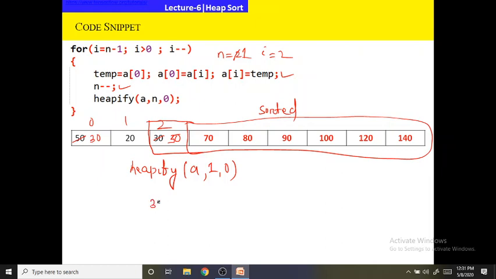So first I will keep 30, then I will keep 20. Now if I apply heapify over here, 30 is larger than 20. So the largest element is 30. It has no right child. So there is absolutely no problem. It will be as it is.